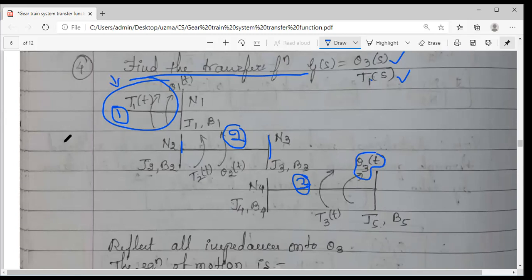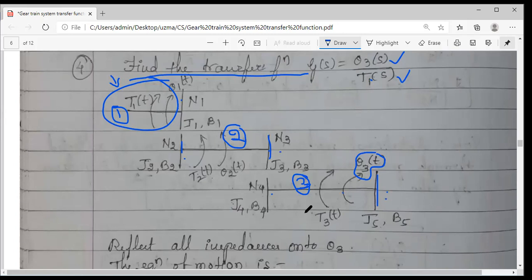So if this is the system given to you, this system has gear trains 1, 2, 3, 4, 5 somewhere. Some more may still be connected here, but this is the end. So 1, 2, 3, 4, 5. Sorry, 5 gears are there. Shafts are only 3.